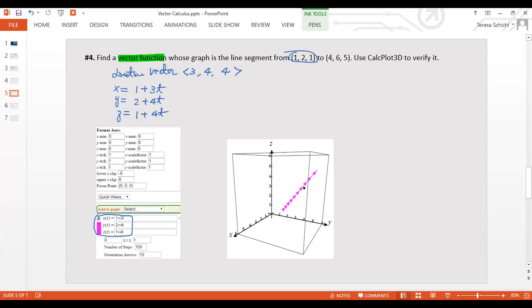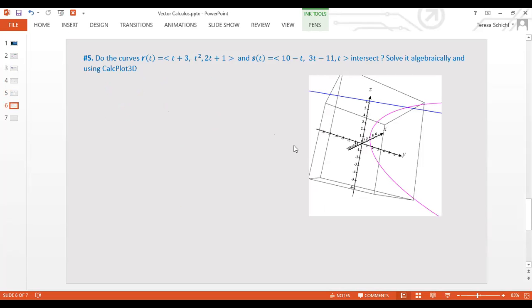So now this is the line segment you see here. That's what we call the space curve. It's all based on your parametric equations, right? It's just an extension of what you learned in Calculus 1 from R2 to R3, R4, you can extend that. Okay, so let's take a look at our last problem